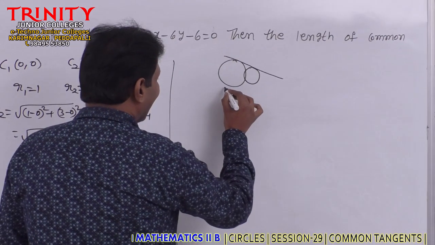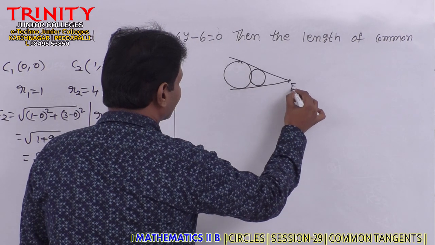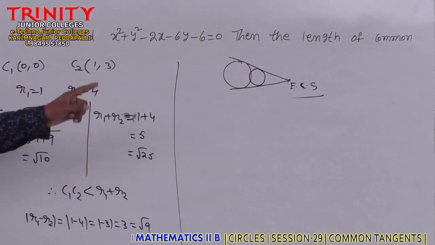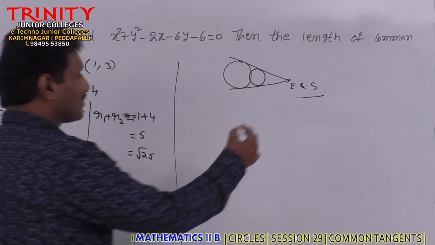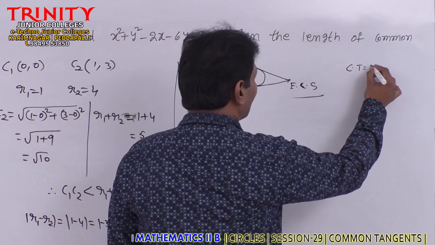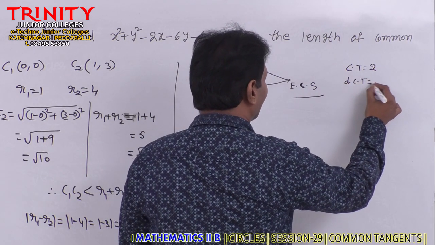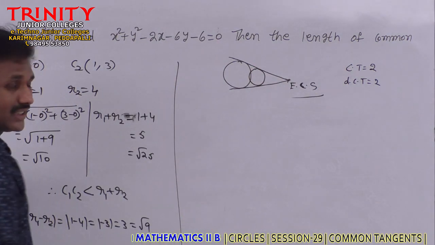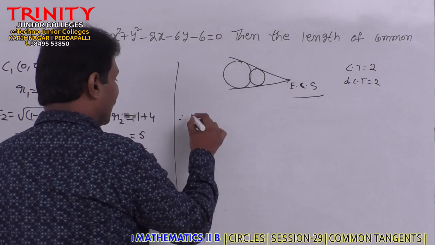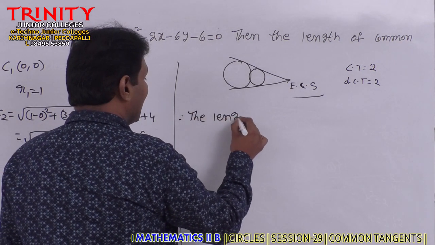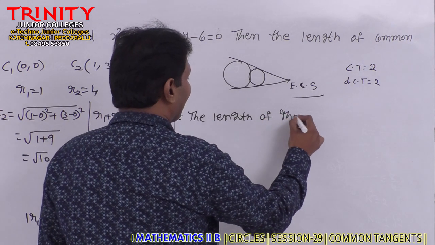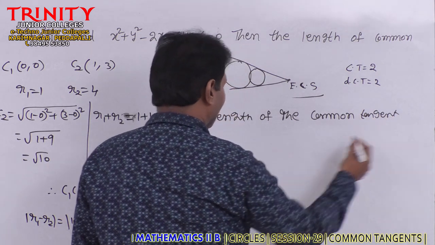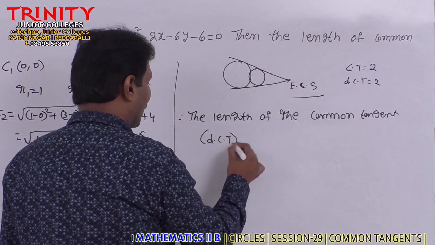Therefore, only an external center of similitude is possible. It has only direct common tangents. In this case, we have only two common tangents, and these two common tangents are direct common tangents. That means the length of the common tangent is the length of the direct common tangent. Here the common tangents are only direct common tangents.